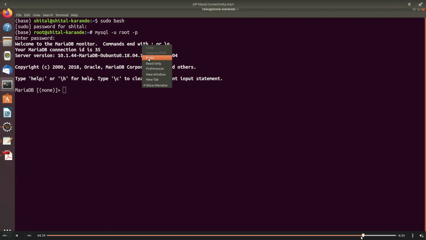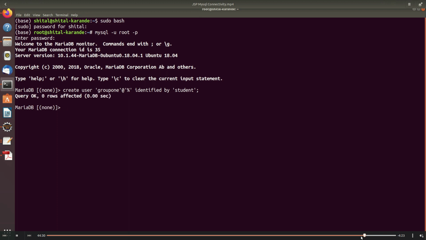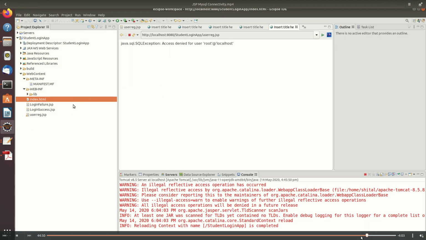You have studied this in the database also, how to create a user: create user, username at percent, means on all the machines on the network, identified by the password student. So this is the create user command that will create a user. Then I want to grant all privileges to this user. Now what are the privileges? Read, write, execute privileges to the user on all the database tables. So grant all on star dot star will do that.